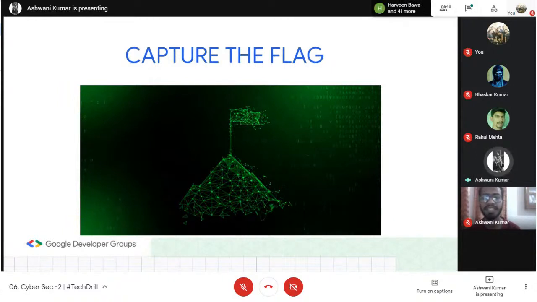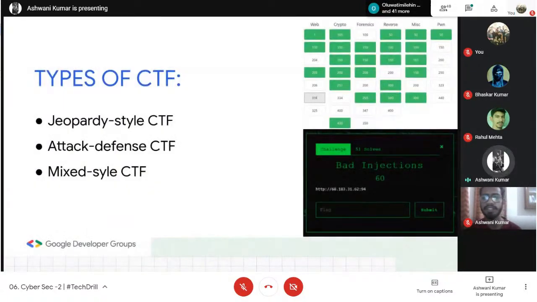I was reading blogs. Sometimes whatever I have read comes out to be wrong when I implement it in a practical way, so it's better to go for the practical. That's why we are creating CTF-like challenges for you, so that you can solve them and get hands-on. That's why I keep saying again and again: set up your Kali and get hands-on with it. Fine. So this was what is CTF.